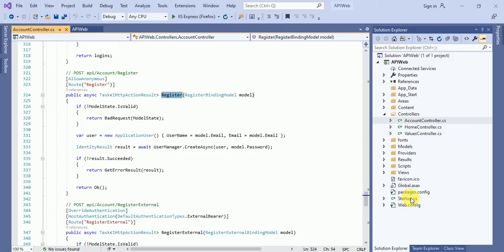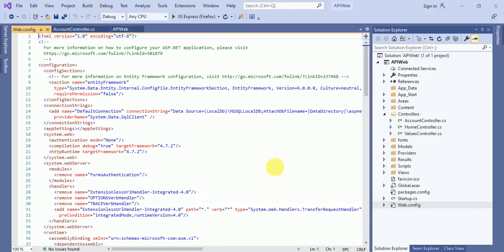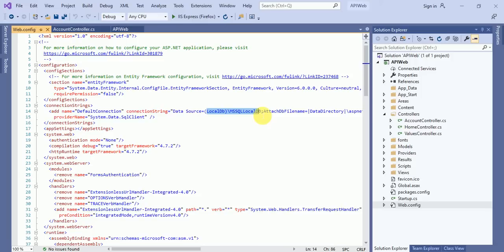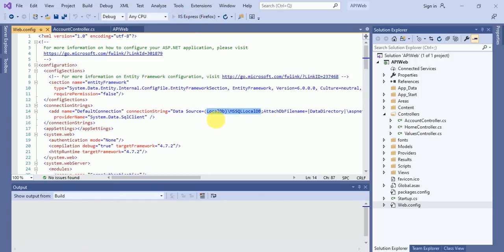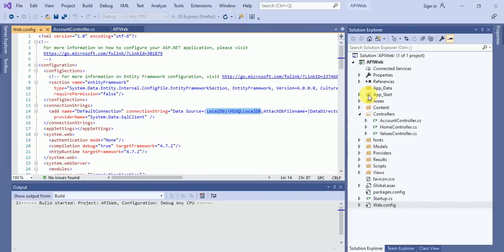Here you can see we have the web.config file, and in it you can see we have the local db. Now if I click on this button, it will take a few seconds to run this application.